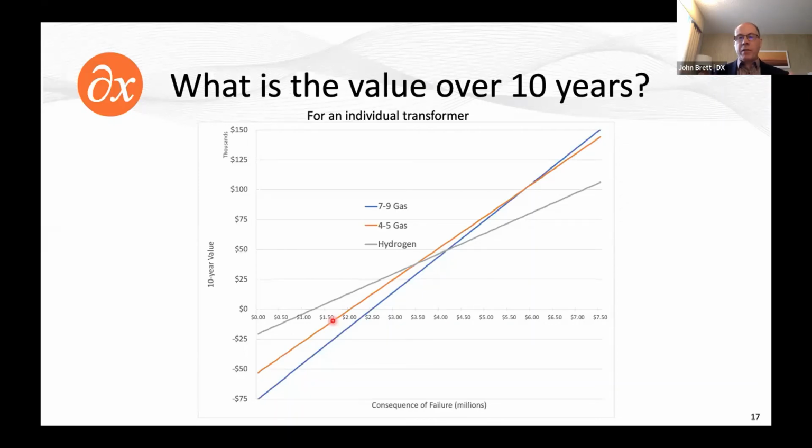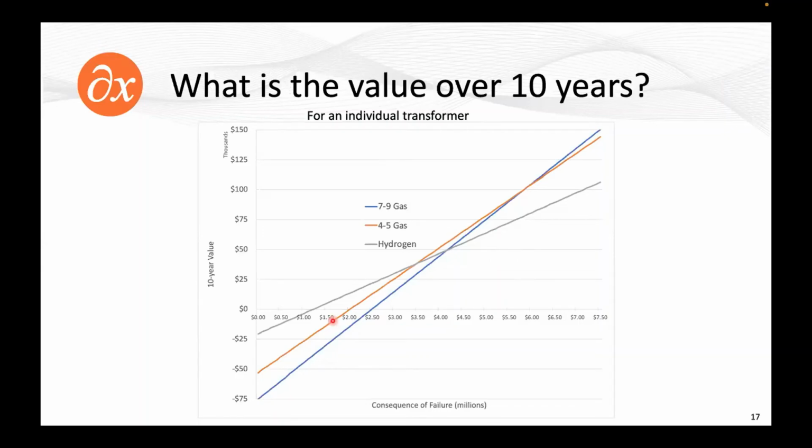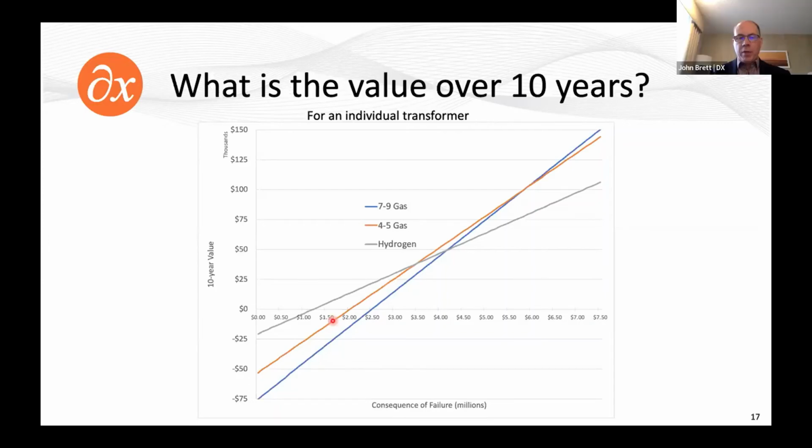And so if money was no object, don't know who has that luxury, but if money is no object, and you want to take an approach to deploy monitors on potentially all of your transformers, well, then you would simply look at this graph, calculate it for yourself, come up with your own numbers, but you want your own version of this graph, and then figure out where each individual transformer falls on this graph in terms of consequence of failure. And that would give you guidance in terms of what class of monitor to apply. But